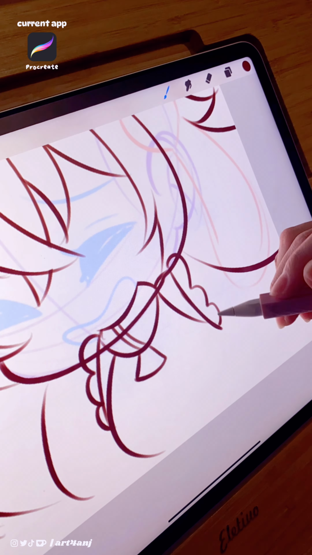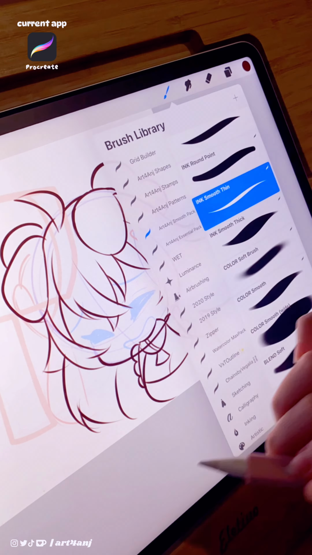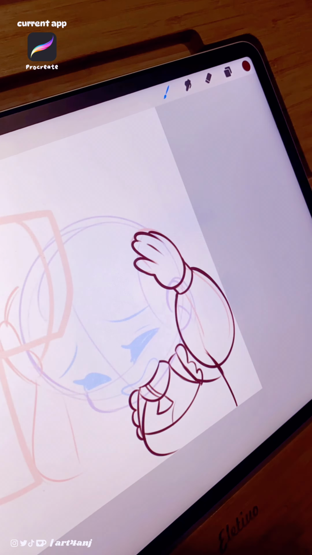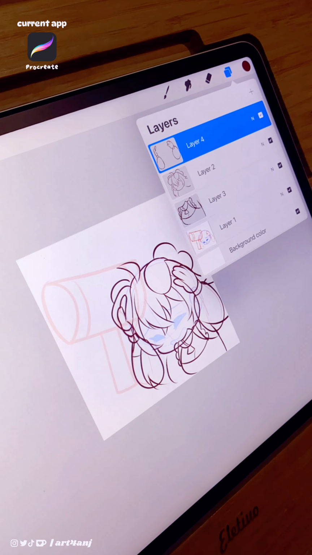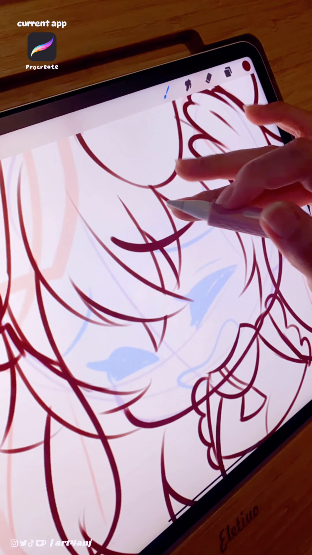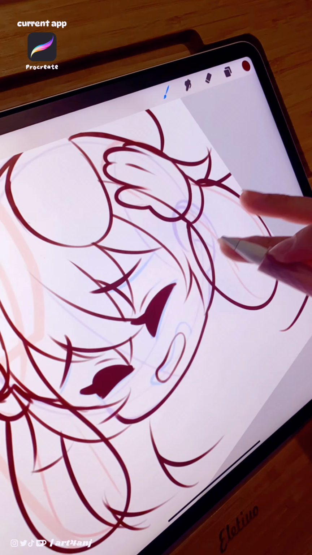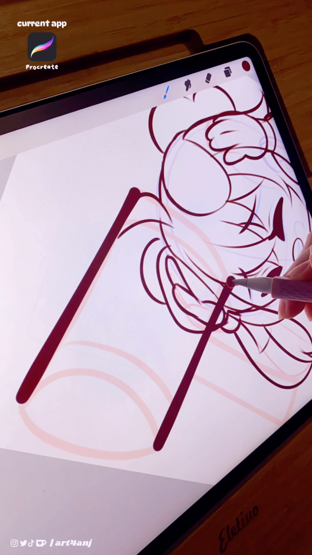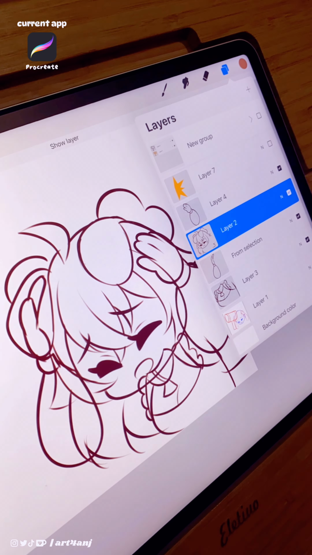The parts here that I added that are not in the initial sketch are the body as well as the back of the hair. As I currently don't have any rough animation done with those parts, you'll be able to see me animate them from scratch when we go back to Procreate Dreams.